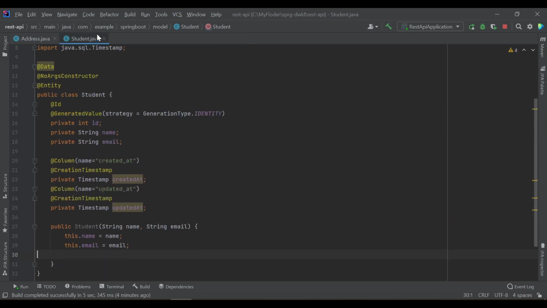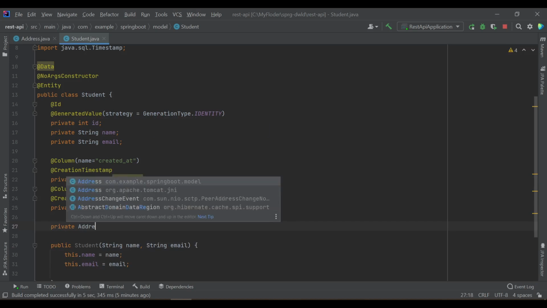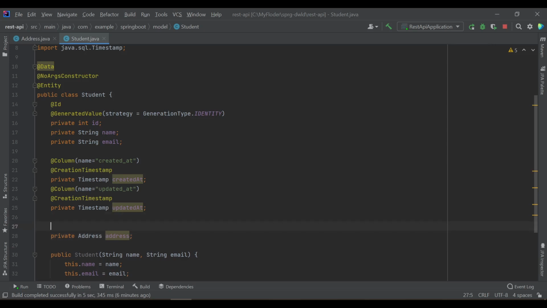Now here we have the Student entity, which we created in earlier lessons while building the REST API. Now I want a student to have a one-to-one relationship with the address. So let's define an address field here, because we are going to annotate this with one-to-one. From here we have basically started the procedure for defining the one-to-one relation from student to address. So I will mark it as